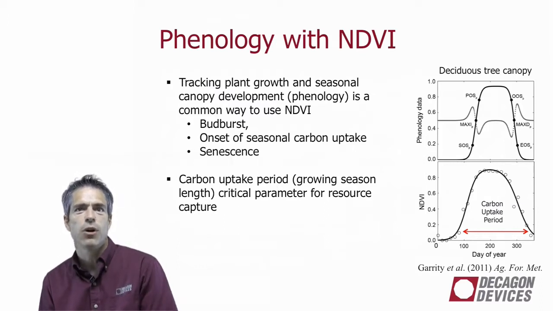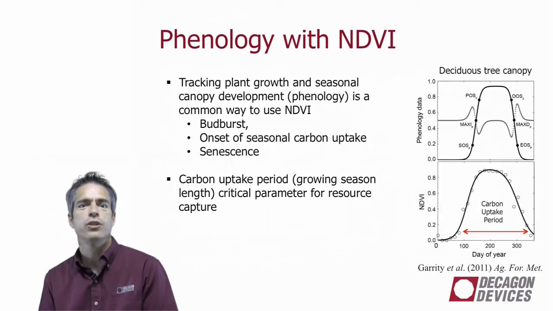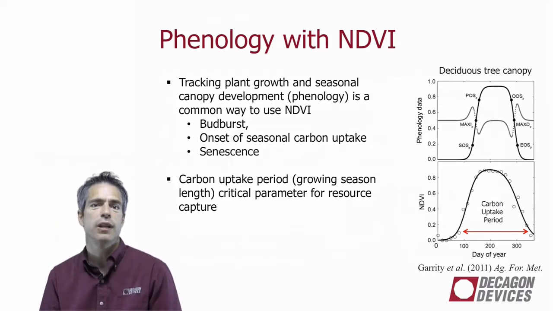Start of the season, they're marked SOS. The end of season, the peak of season, the POS, and the beginning of the senescence, the OOS. Those were all points they were able to mark on that curve using this NDVI analysis they did and the modeling of that NDVI across the season. They took those data and then took the derivative of that line and were able to mark several important phenology points along that line,